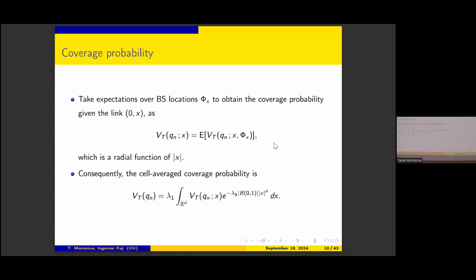And then at the end, we end up with this kind of formula where we integrate over x, which is the radial distance in one cell. What happens after you integrate this is you get some formula which does not depend on locations of other base stations or on your current base station. So even if you take a real network with some fixed locations, this is not going to matter in this analysis.